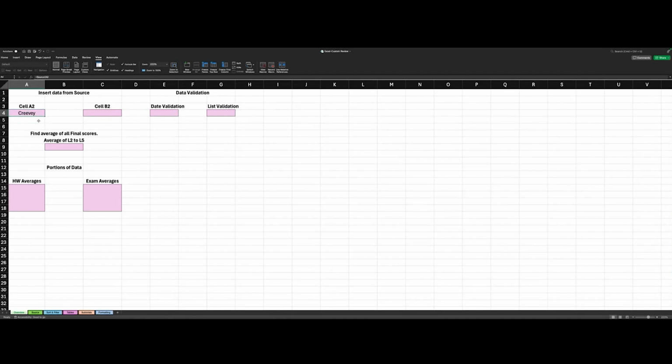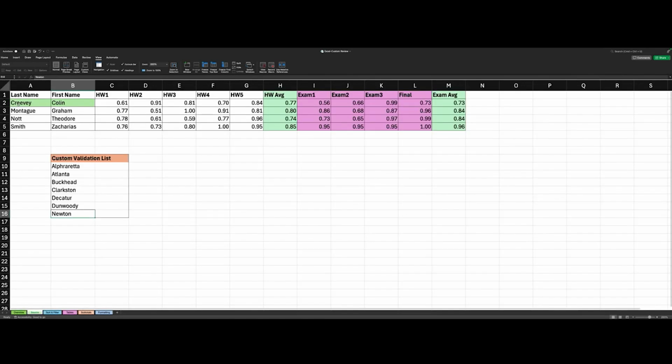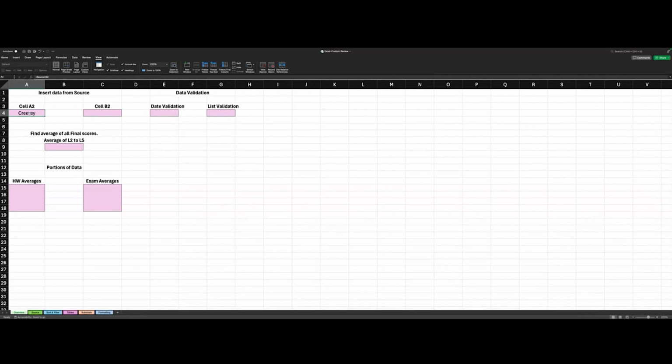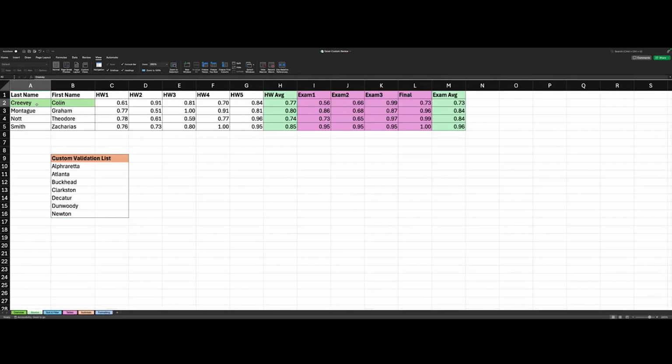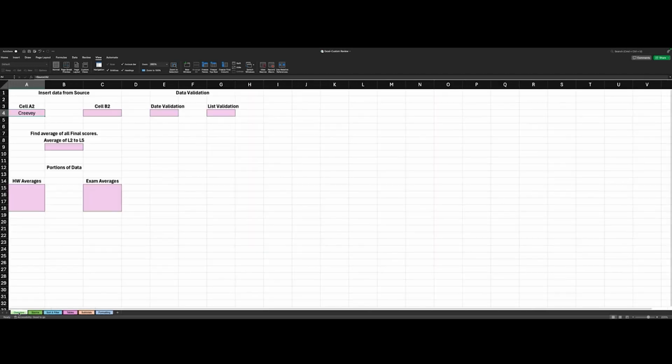Right now I'm using the information from cell A2 in source. I referenced the information on this sheet, that's cell A2, to the cell A4 on